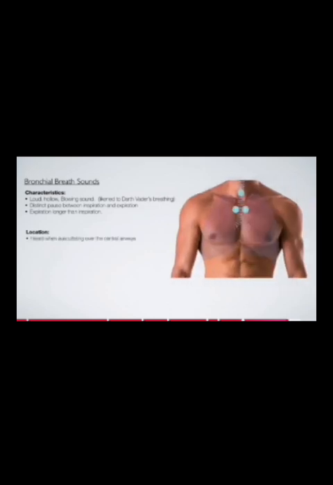In summary, bronchial breath sounds exhibit the following features. The sounds have a loud, hollow and blowing quality. There is a pause between inspiration and expiration, and the expiratory phase is longer and higher pitched compared to inspiration. The sounds can be heard normally when auscultating over the